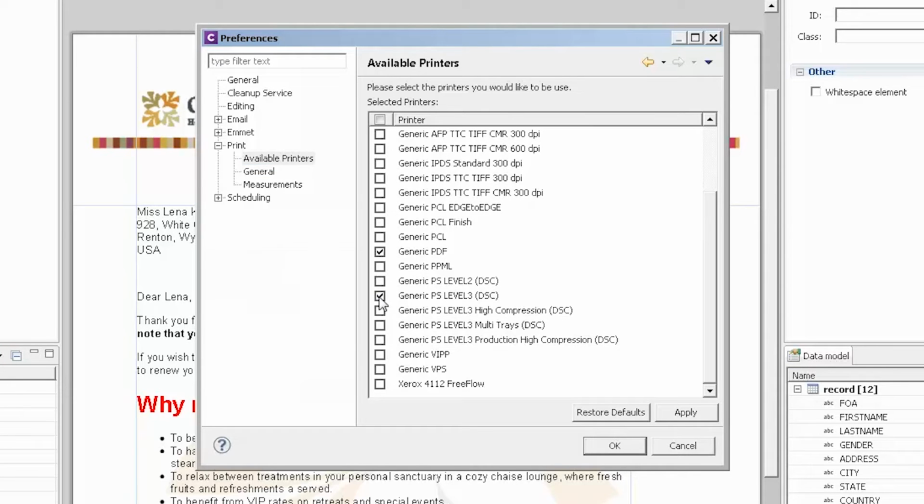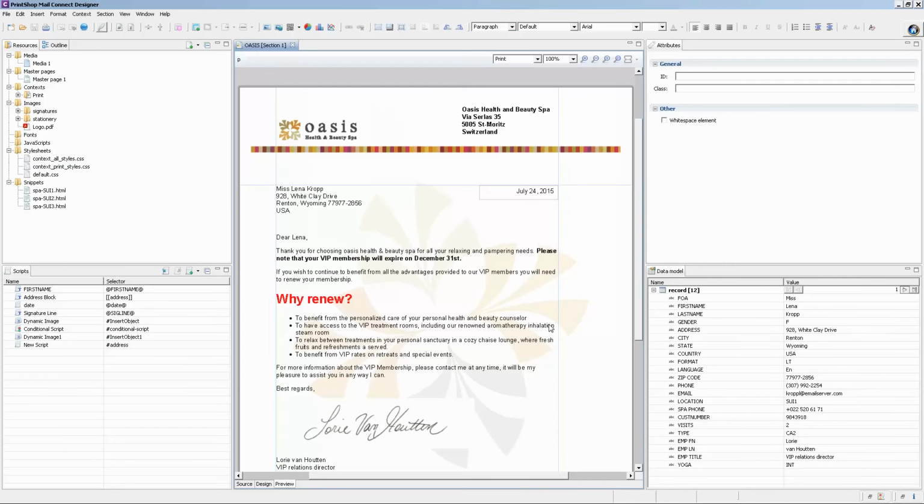Right now, most of these are generic, but we are slowly developing specific printer drivers for different types of printers, and those will be available either on the website or directly inside of the interface; that hasn't been decided yet. So, if you want to create PCL, IPDS, AFP, VIPP, free flow, whatever you have, you just check the type here, and then you click OK, and that will give you the printer or the technology